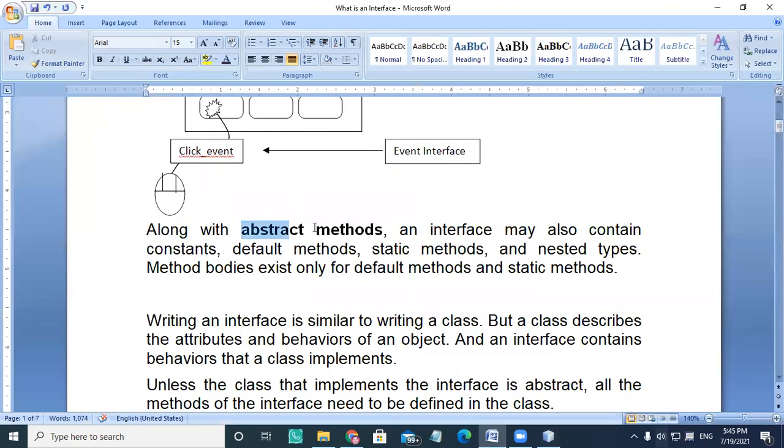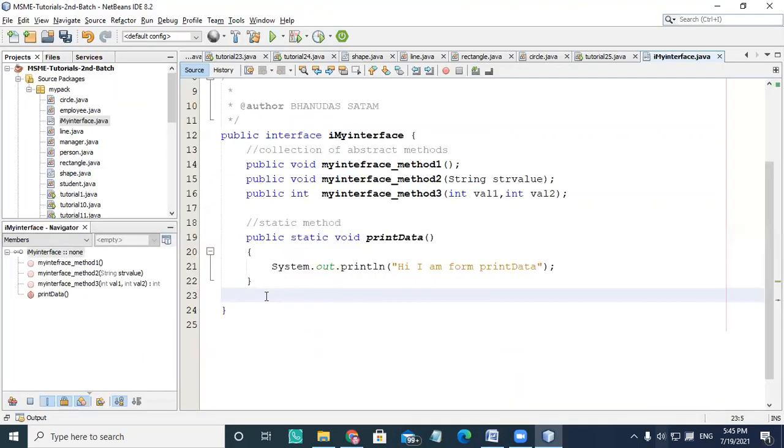If you see, an interface contains abstract methods, and may also contain constants, some default methods and static methods, and nested types. So a method body exists for a default method and a static method. Some other method I'm writing, which is not static, is public void my method.